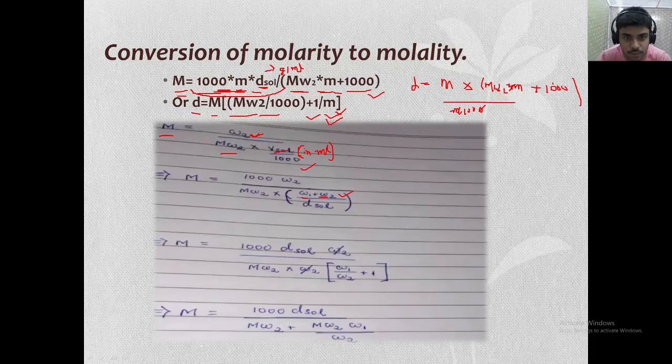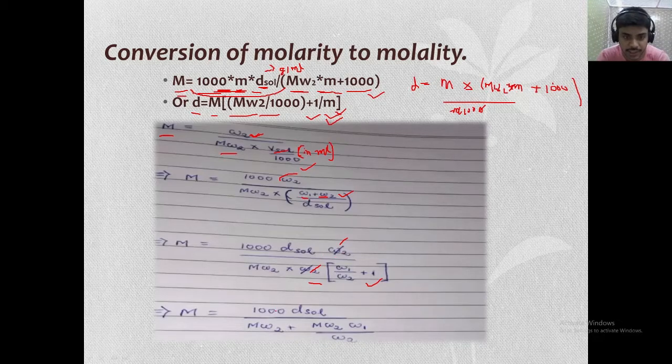So now I said that we won't keep any W2 or W1 here. First I have seen that here there is a W2 term. So I have taken W2 common from here, and I have cancelled this one. So this dissolution will go up. That's very basic thing. If I take W2 common from this one, it will be W1 by W2 plus 1. Very basic. Means here if you multiply it, what will come? W2 into W1 plus W2, means W1 plus W2 I have written in this form. So that W2 cuts from the numerator.